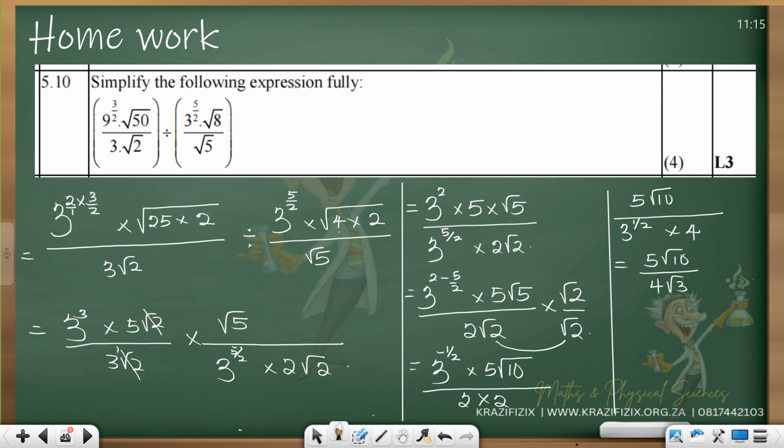Now, guys, I don't want to have a root as a denominator. That's the whole idea. Because 3 to the power half simply means that. So we need to get rid of that. Every time I want to get rid, I do that. So that would be 5 root 30 over 4 times 3, which will be 5 root 30